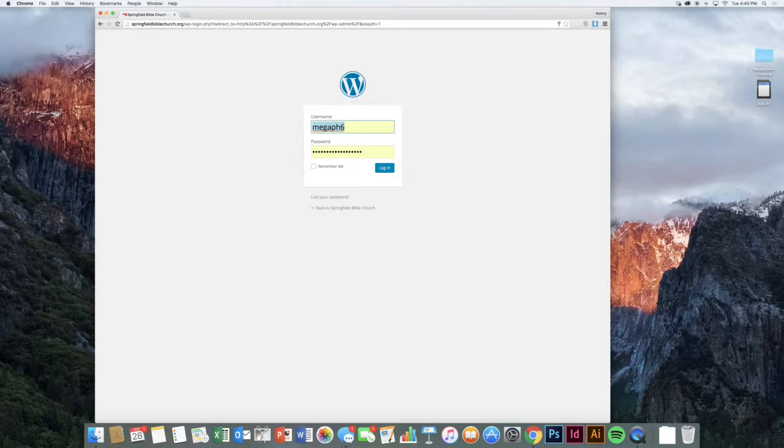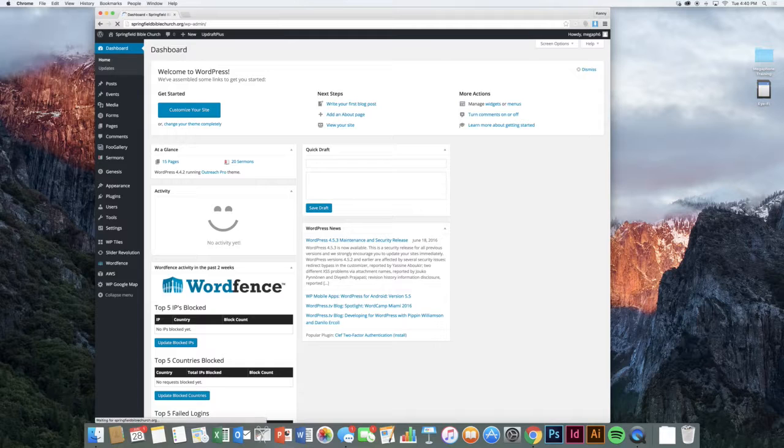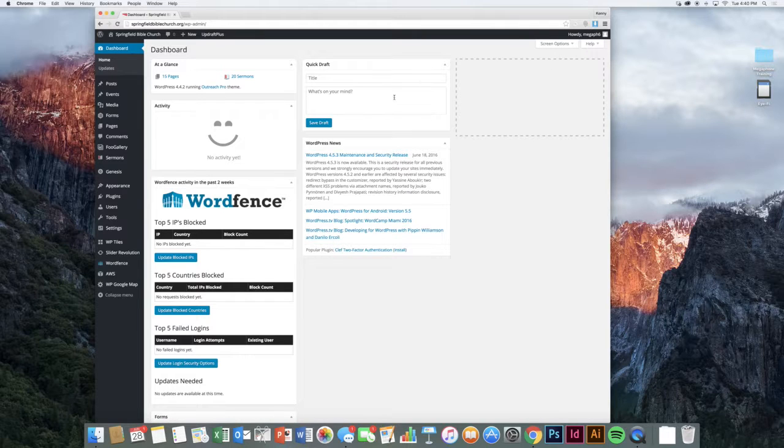springfieldbiblechurch.org/wp-admin is the place to start. You'll have a username and password, and you can log in here. You'll see this dashboard, and it's full of all sorts of information that you don't need at all. So you can ignore everything in this area here, but over on the left side, then we have all the